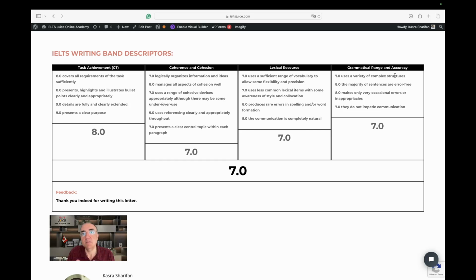Let me tell you this. It's always better to play it safe, because if you write something and then you are not 100% sure, and the reader reads it and doesn't understand your message, this can go very bad. It can drop from 7, and you were hoping that, yeah, if I just add one more sentence, I'm gonna get to 8. And instead of getting from 7 to 8, you go from 7 to 5 or 6. So be very, very careful.